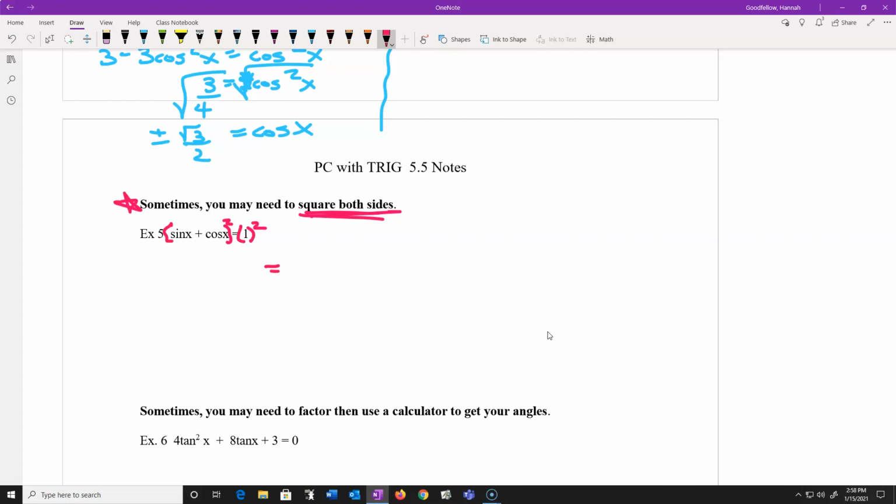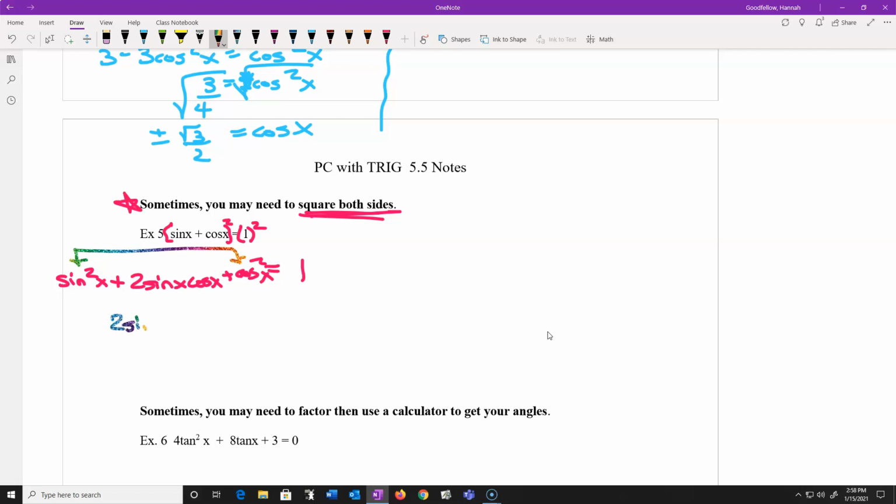Keep in mind, yeah, sure, one side turns into 1, but the other side, you just don't distribute the square, and that would be 1 would equal 1. That doesn't work. You have to FOIL this. So you'd end up with something like sine squared x, the inside-outside would be plus 2 sine x cosine x, and then plus cosine squared x at the end. Now, this sine squared and cosine squared that you fundamentally saw right at the beginning does turn into the number 1, and subtracted on the other side would give you 0, and ultimately you'd be dealing with